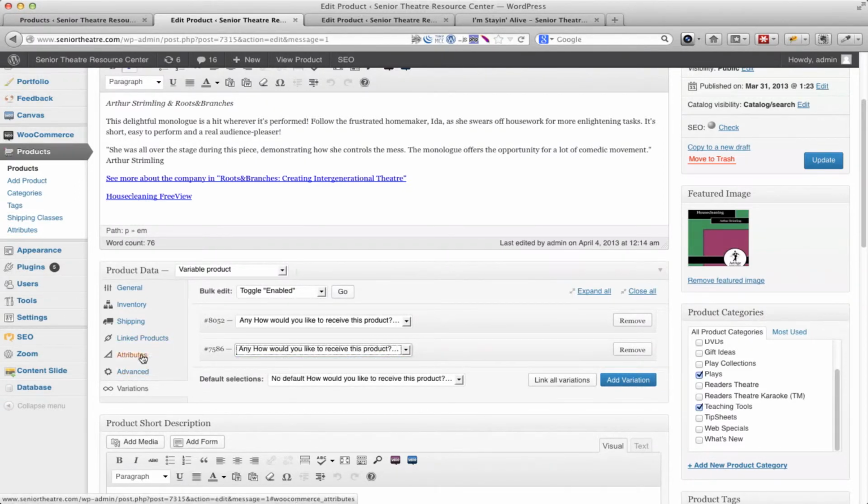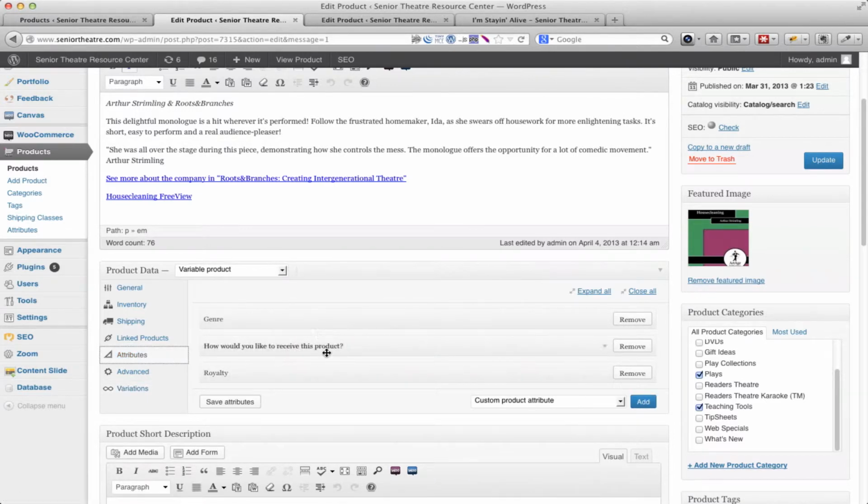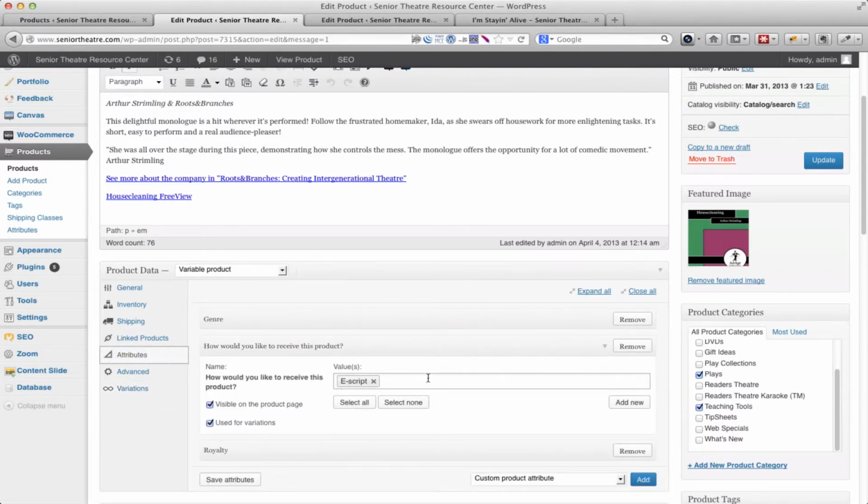Only eScript is showing up because if we come back to attributes and we look at this, how would you like the product, we've removed the hard copy. We could add it back in if we wanted and then update, but we don't. We just want an eScript in this case. Since we just want an eScript in this case,